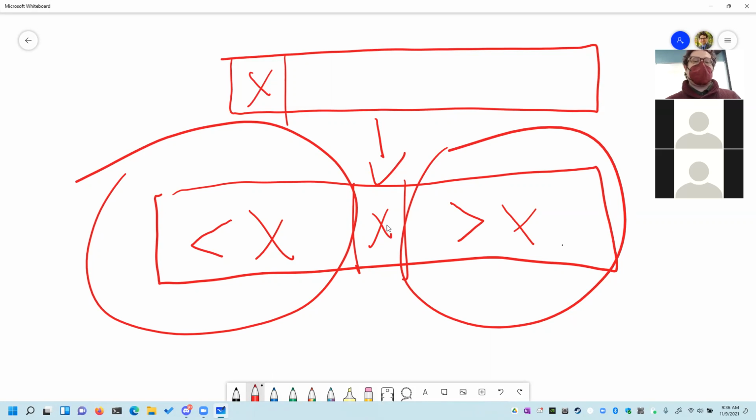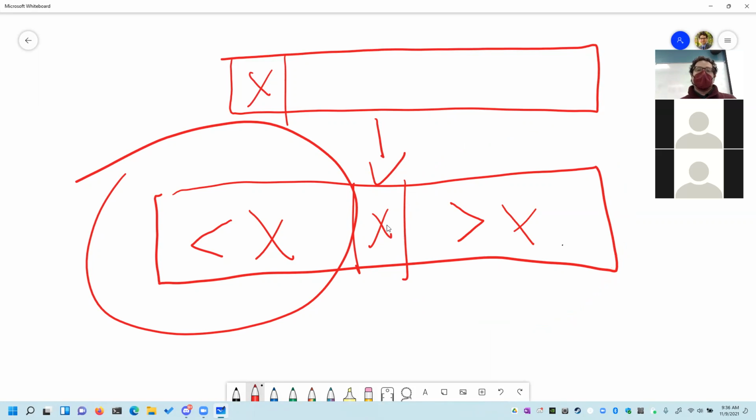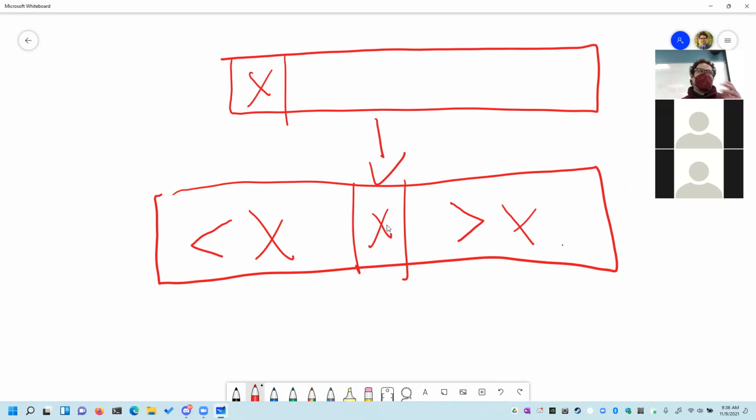Okay, how long does it take? Well, on average the pivot's going to be somewhere around a median item. Ideally, we'd want the median item. So let's say we get the median item. If we grab the median item for our pivot each time, and there's a bit of manipulation we can do to achieve this,